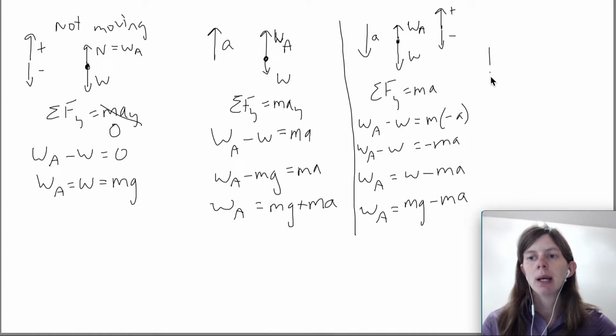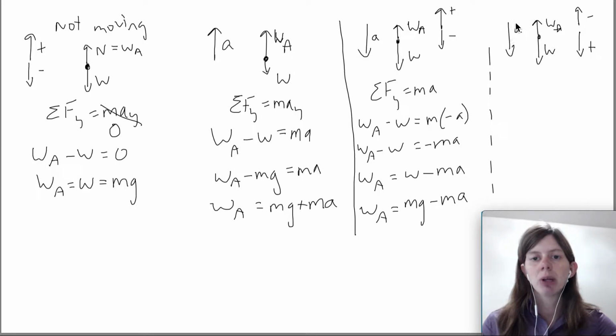So personally, I don't like using this coordinate system just because I've seen so many students forget that negative. So what I like to do when I solve this problem is I like to change my coordinate system. A lot of you guys are not going to like this right away, but I think it will grow on you and you'll start liking it eventually. I like to think of whichever way the acceleration is going to be my positive direction. So for this particular case, I would say down is positive, up is negative,